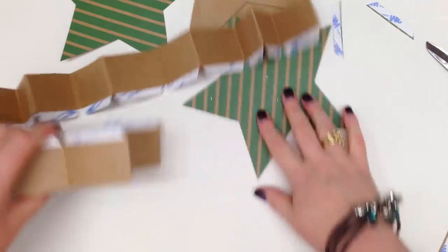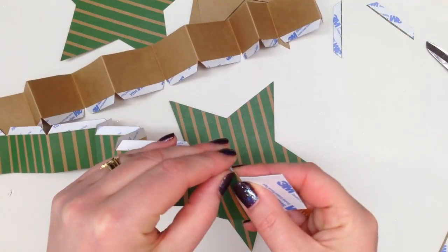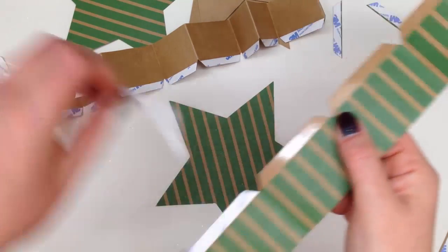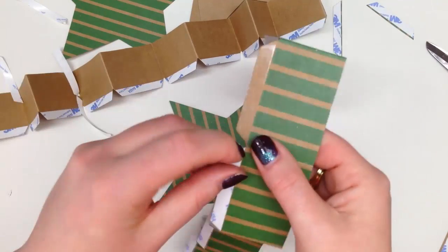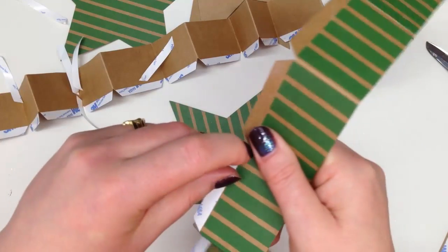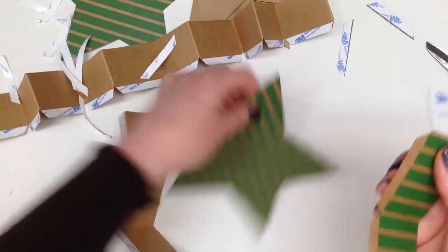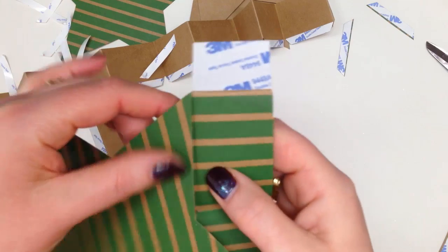So that's that one. And here's the patterned one. So we're going to start with this one. And if you saw my other video, the liners did not want to come off. So I'm not going to be held up this time. I'm going to take them all off before I start. There we go. So I'm going to start with a point here,